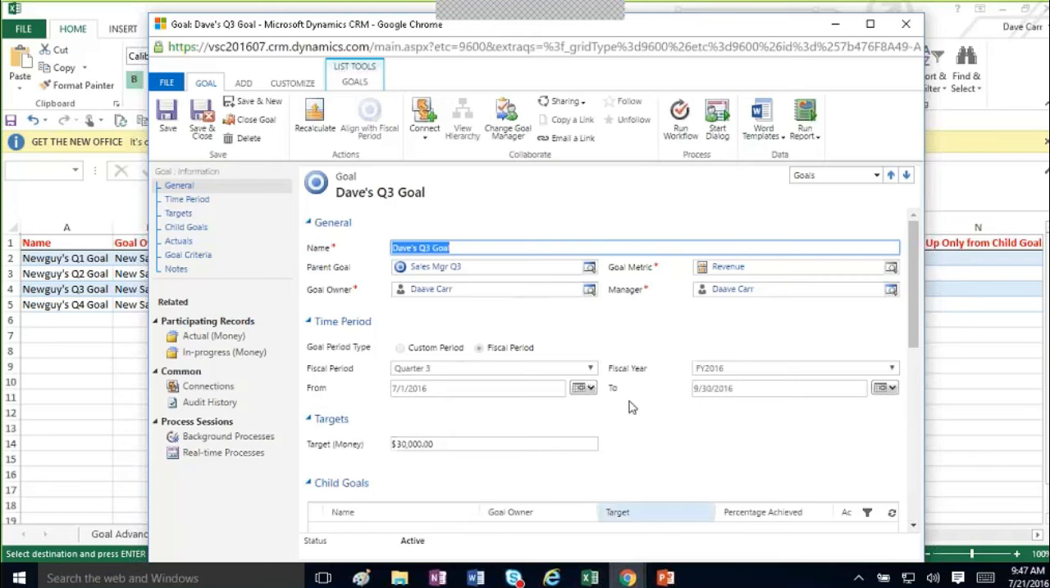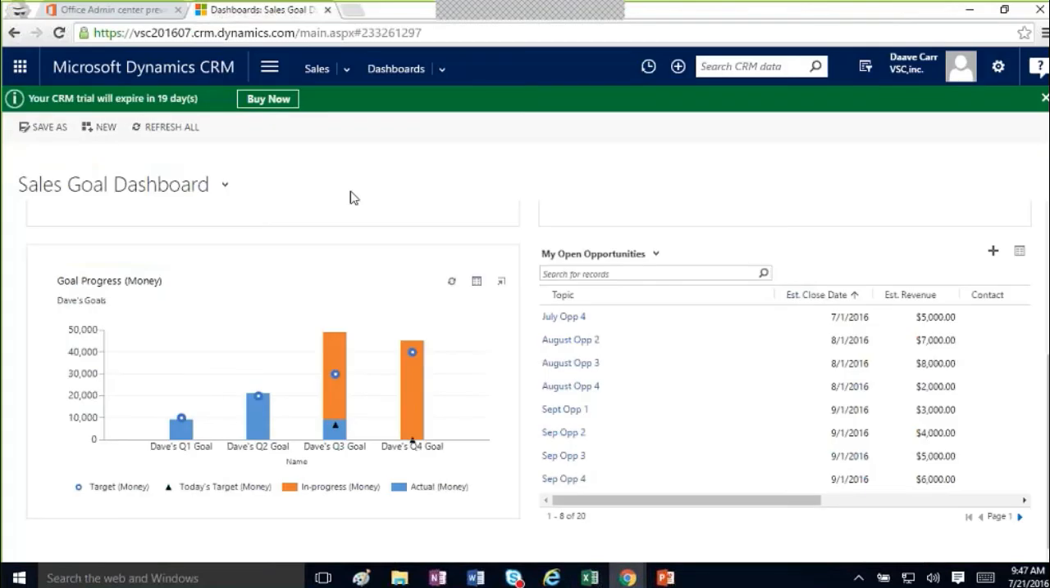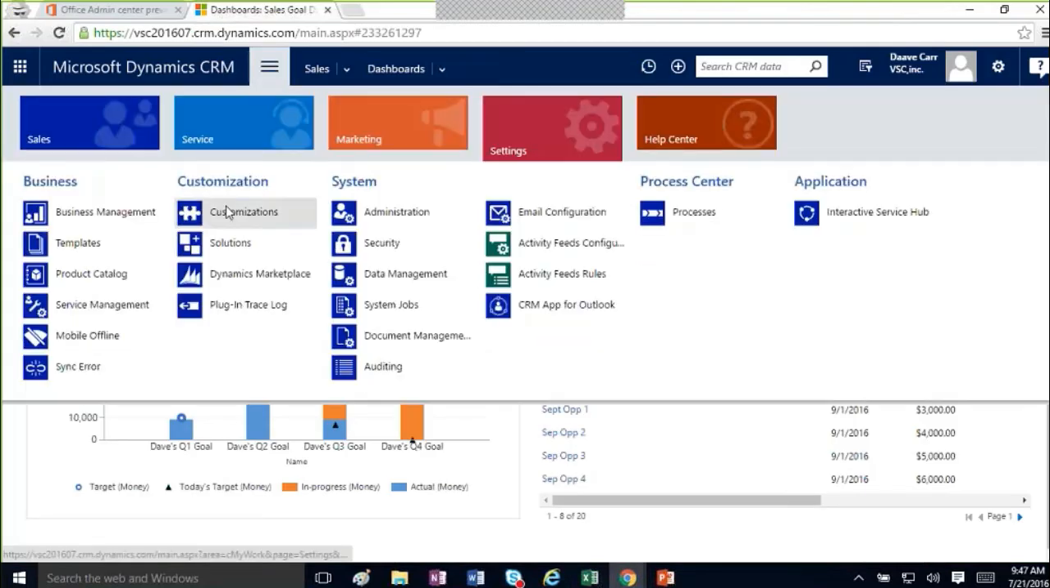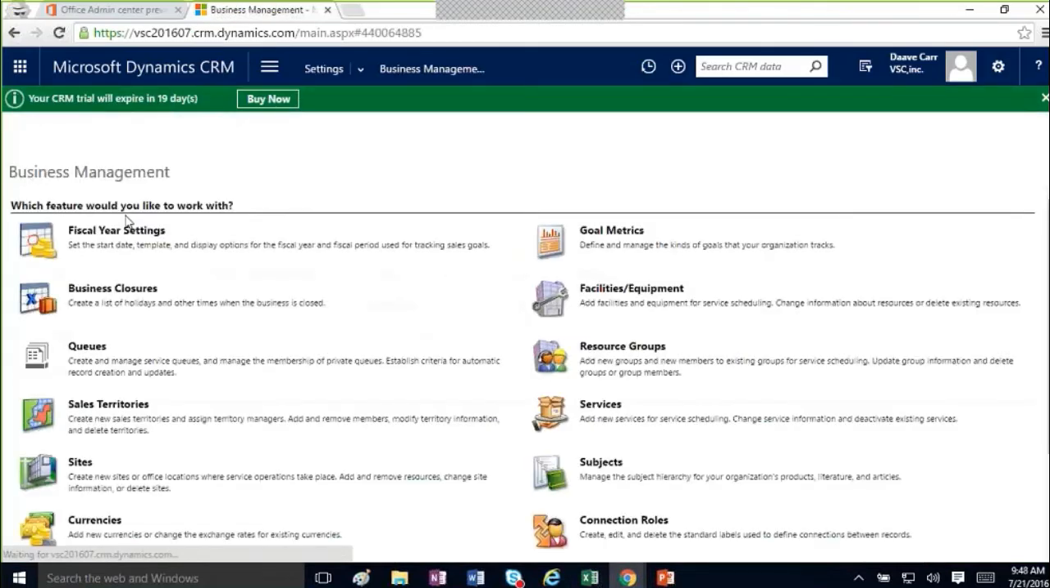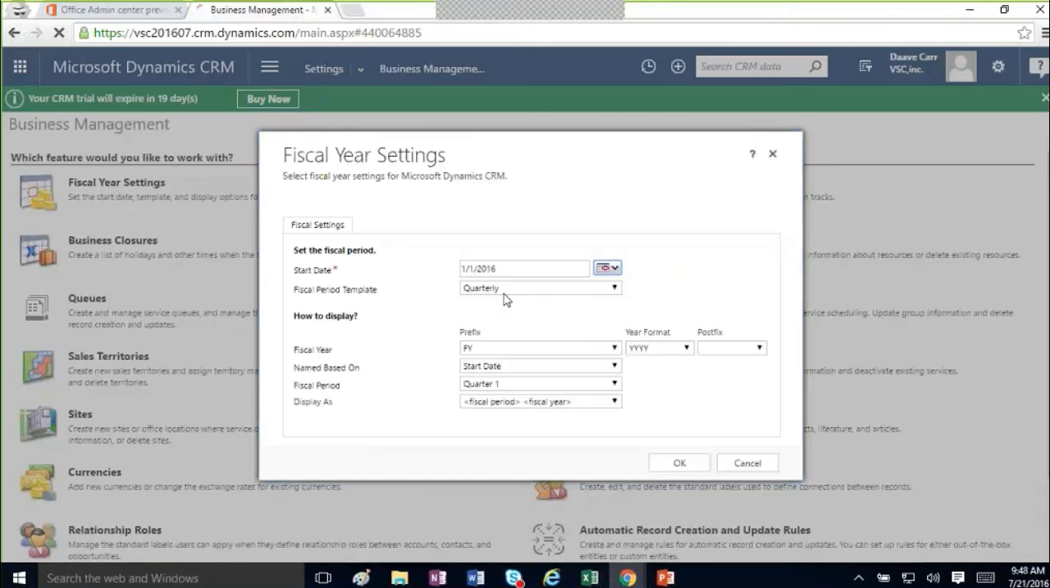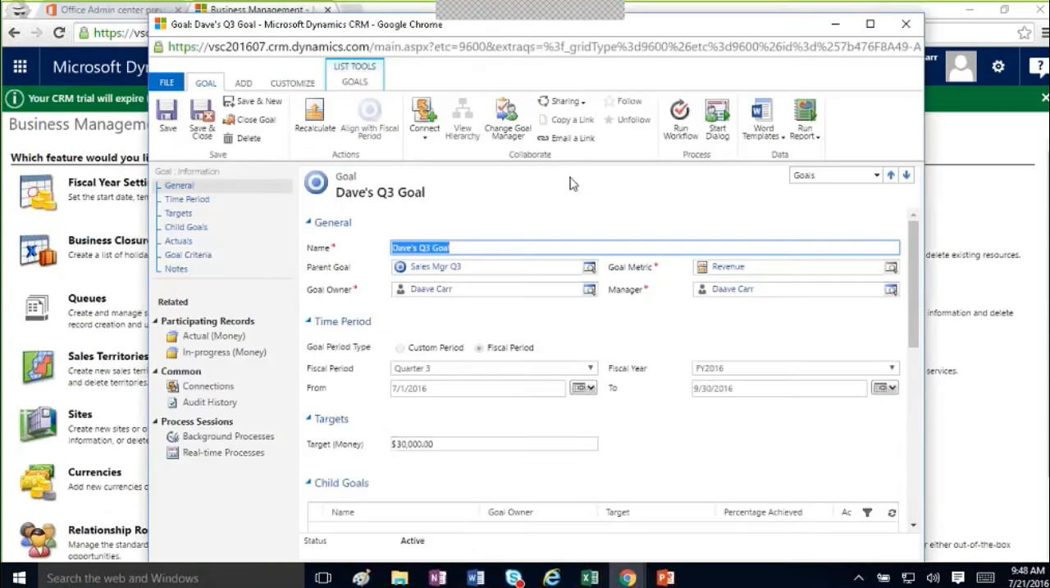And let me just take one quick sideline here. If you have a corporate calendar that shows quarterly, here's where you would come in and change it. So if you wanted your goals to be tracked monthly, you'd have to come in here into the settings, business management, fiscal year settings, and change the default fiscal period template from quarterly to monthly. That will then make the drop downs months instead of quarters, and it changes some fiscal period labels and things like that. So that's where you have to go if you need to change your